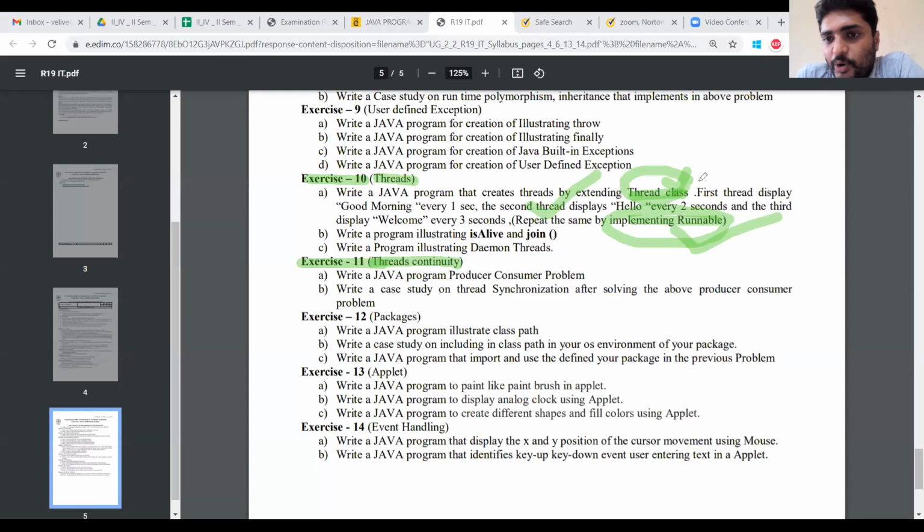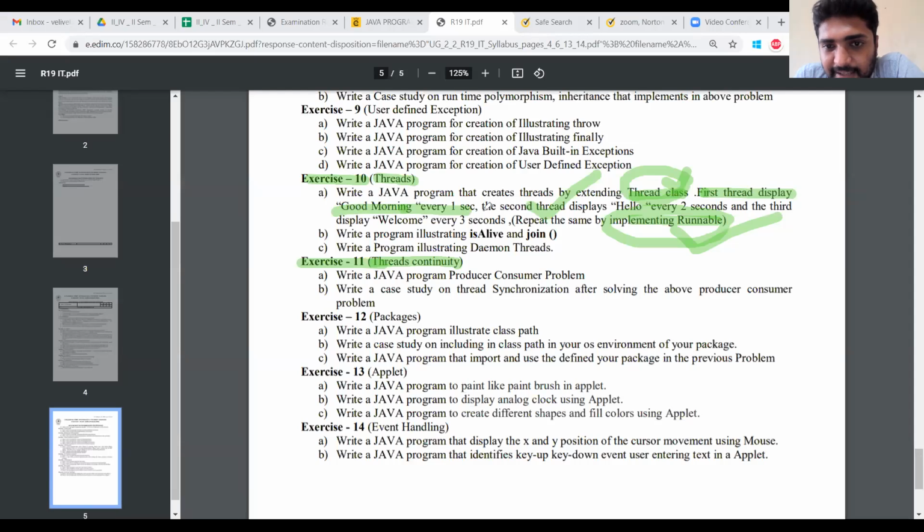Let us see the problem statement. The first thread displays the good morning message every 1 second, that means every 1000 milliseconds. That is thread 1.